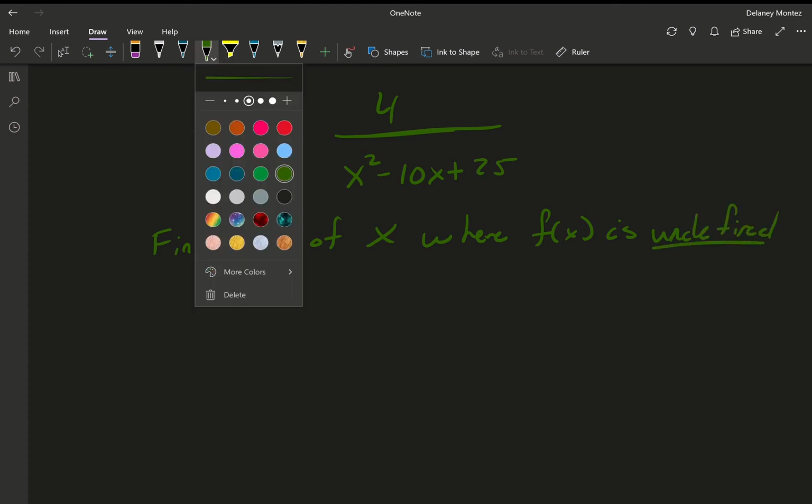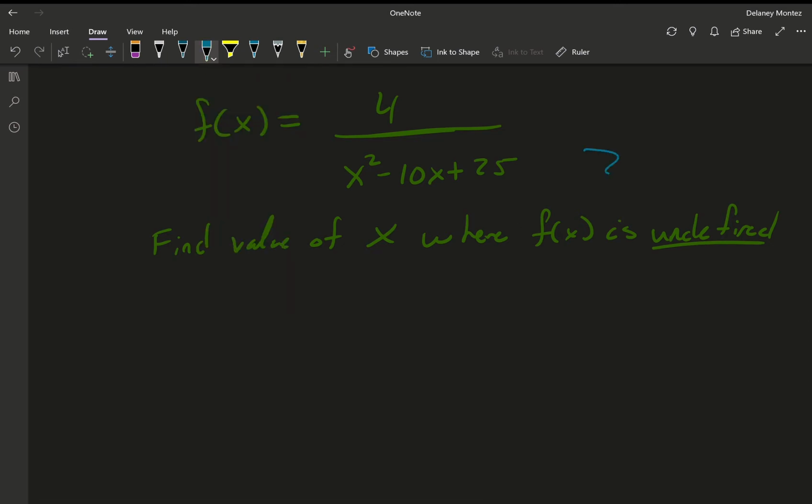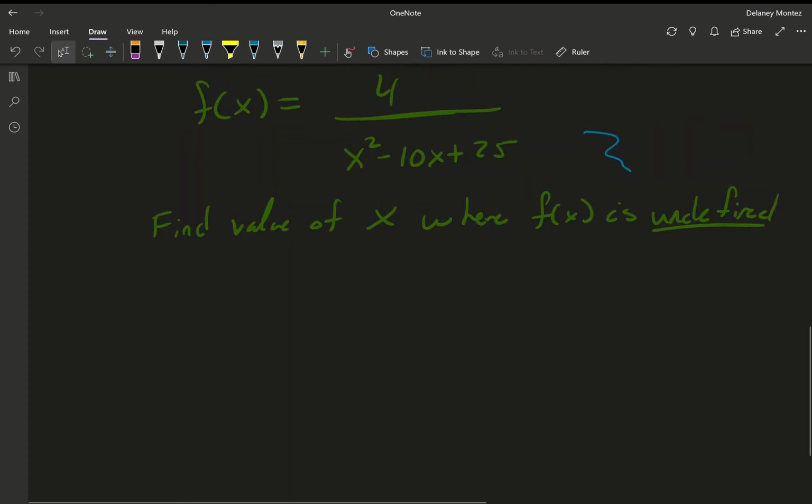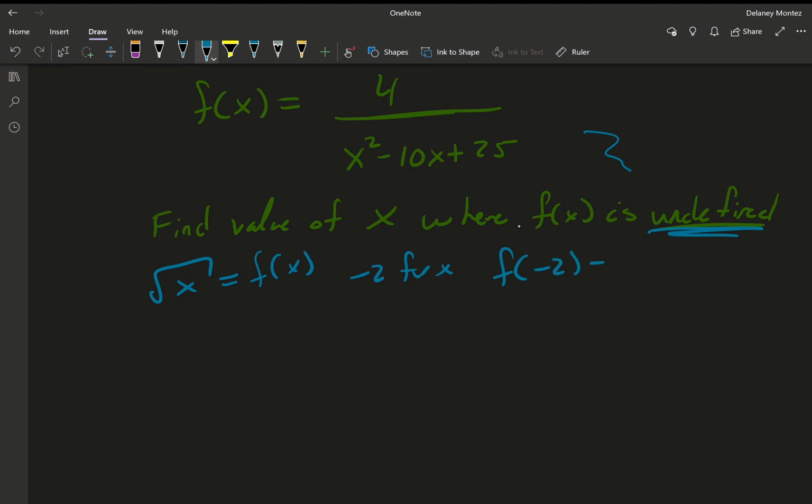Alright, so attempt to solve that, and we'll come back to it. Okay, so hopefully you guys had a successful solve. The key word, of course, is this, where we're looking for something that is undefined. And when a function is undefined, we know undefined can be like plugging in a negative number for a square root, right? So this is your function, and you plug in -2 for x, and you get f of -2,